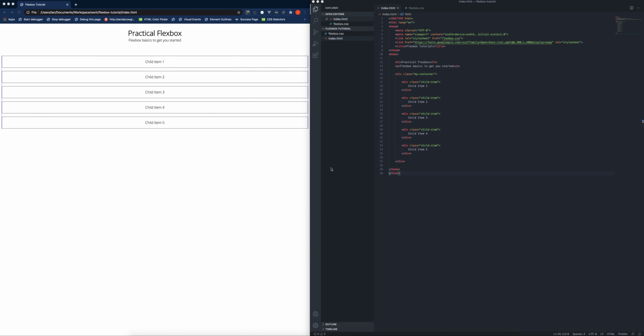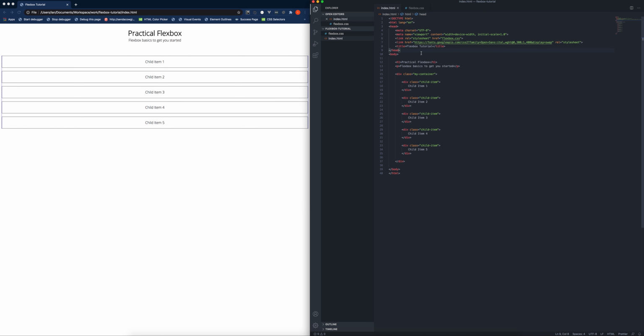Hi guys, welcome to this basic Flexbox tutorial. I thought I'll show you some practical ideas of how I use Flexbox to create certain layouts and whatnot. It doesn't include everything in Flexbox because some of it is either confusing or isn't that relevant to what I